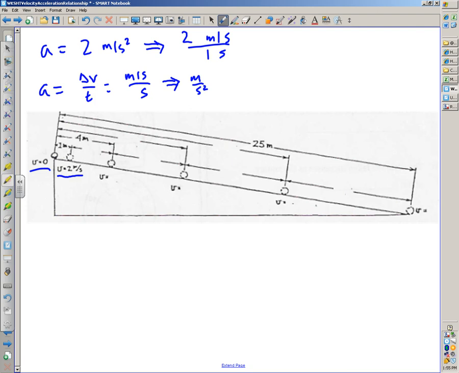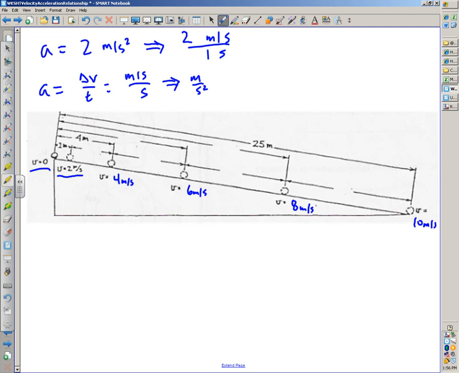Good there? All right, now we have to make the next jump. What's going to happen in the next second? 4. Why? Because it's 2 times 2. Sean, how much time goes by here? No, you're right. 1 second goes by here. How much does the velocity change over that 1 second? By a value of 2. So it was at 2, now it's going to be 4. Next second, how fast is it going to be? 6. Next second, it's going to be 8. And then finally at the bottom of the ramp,